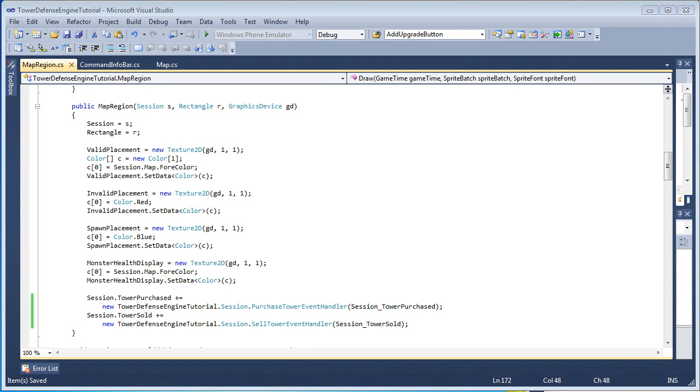In this tutorial, we're going to discuss the MapRegion class. And just like the last tutorial, the command info bar, the code is complete, and I'm just going to discuss a few things of interest in here. That way I don't have to create a 2-hour long video just for one class. Okay, so